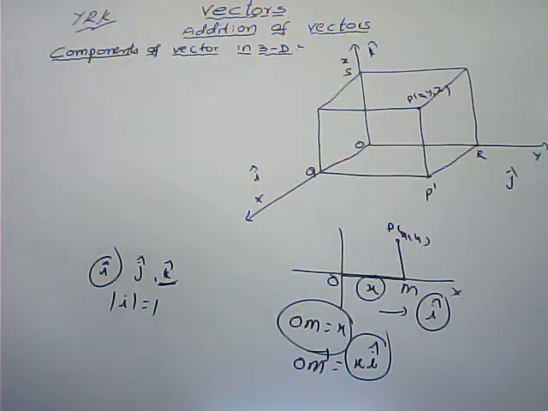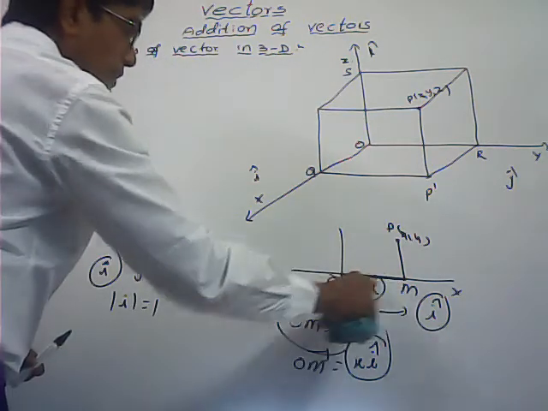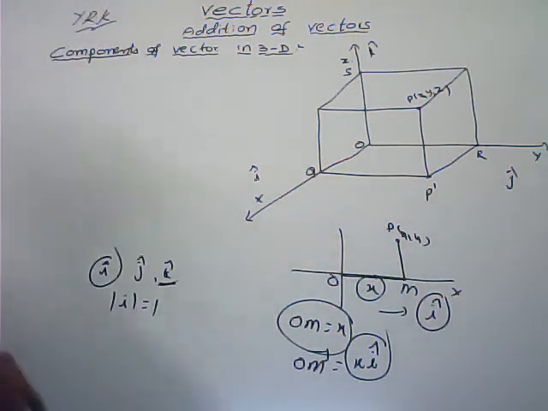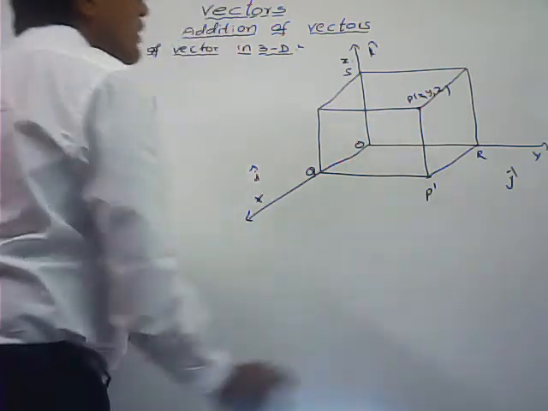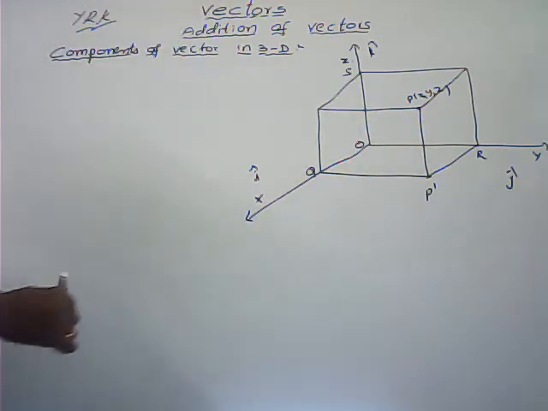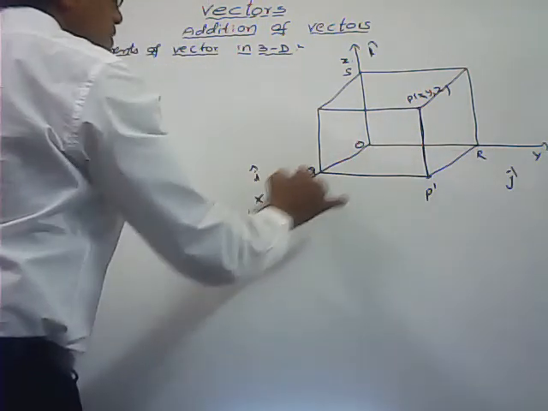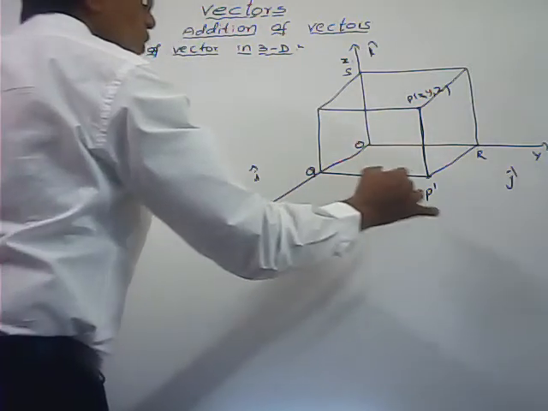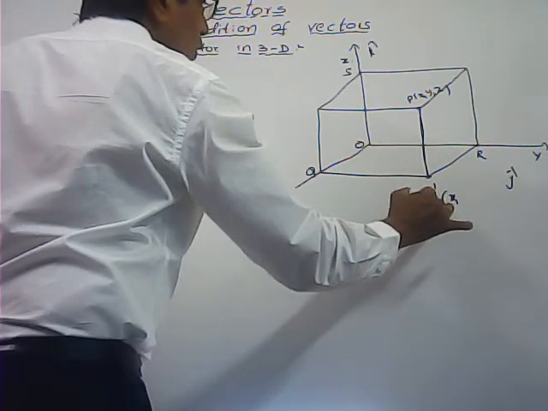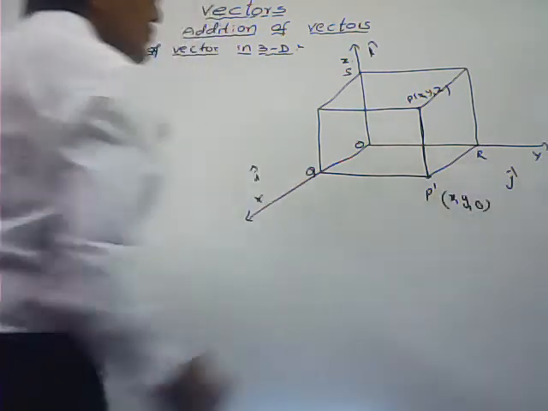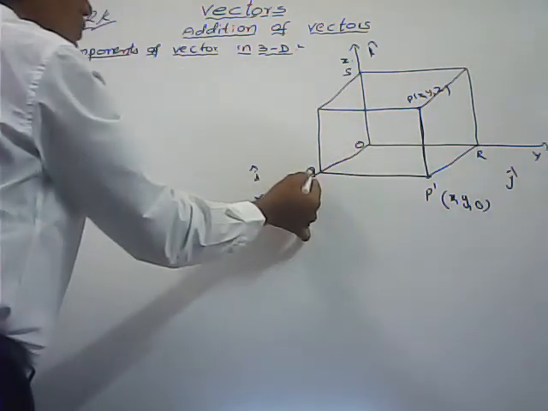Now P be any point in the space. Previously, if I draw the perpendicular to the x-axis, the distance from the origin to the foot of the perpendicular we call the x coordinate. Here also I am applying the same concept. P is any point in space, and I draw the perpendicular to the XOY plane. In the XOY plane, the z coordinate is 0 only. So what are the coordinates of P dash? x, y, 0.